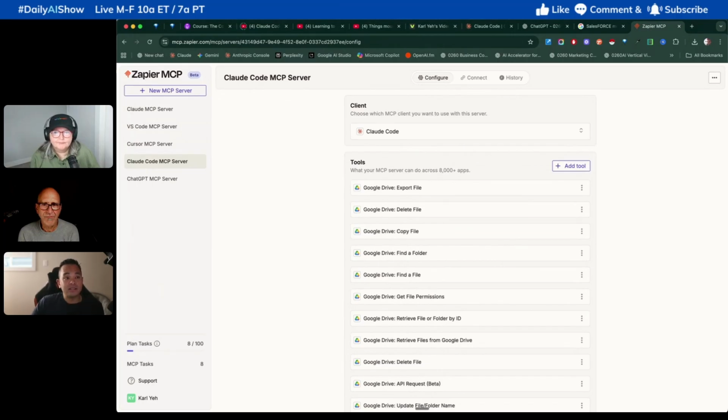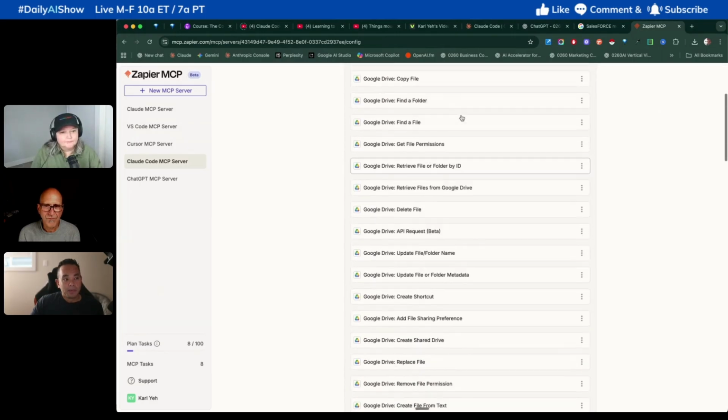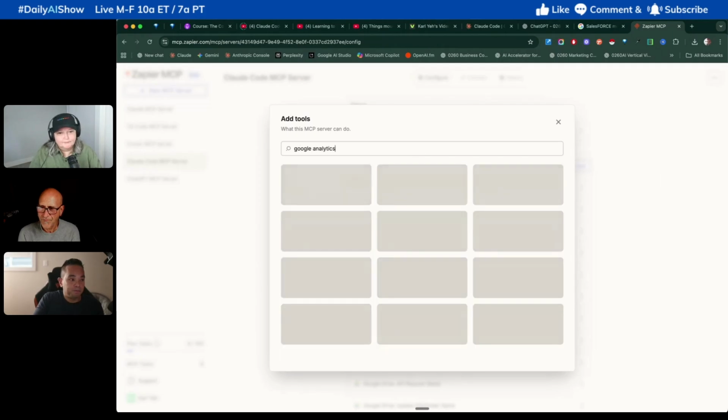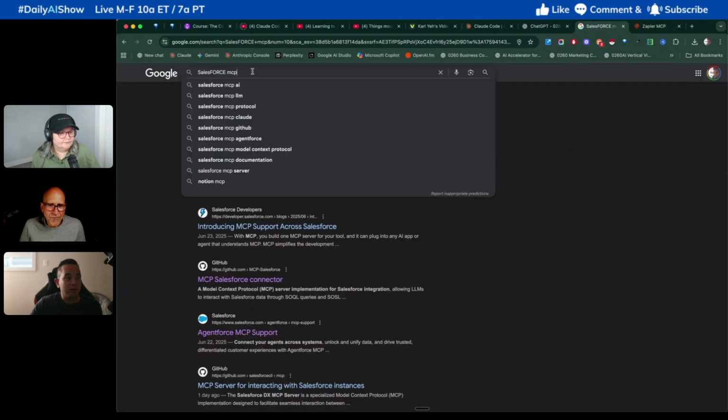Now, here's the difference between a third-party MCP built or a native one, for example, Google Analytics, versus one that Zapier has. So let's go take a look at Google Analytics. When I want to add a tool, let's go back to Google Analytics. When you click this, you see all the tool calling that your agent has access to. So essentially, Claude Code has access to these 4 capabilities. But if you go into